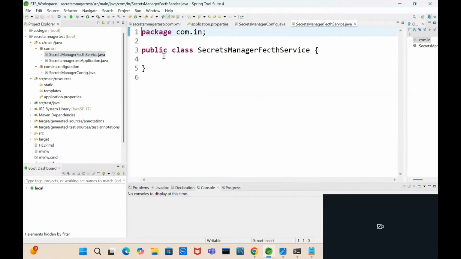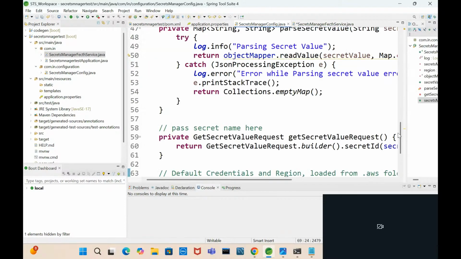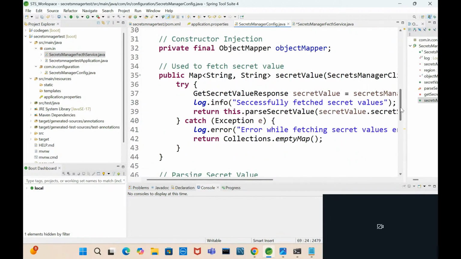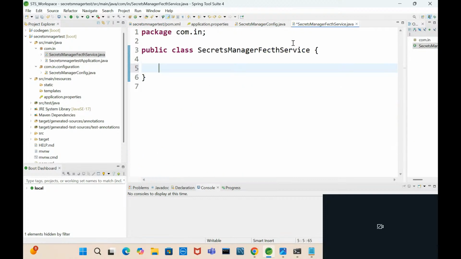So suppose, this is here in configuration. This will be there, right? You need to fetch the secret value, this name. So let's create one